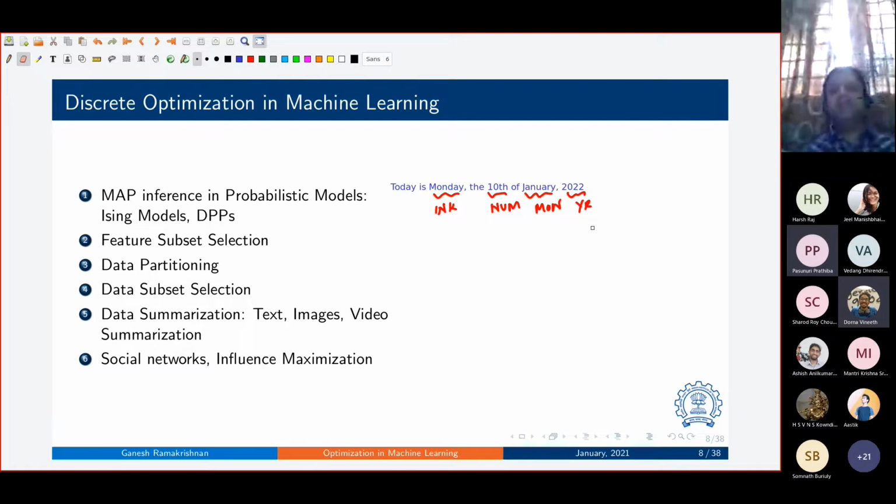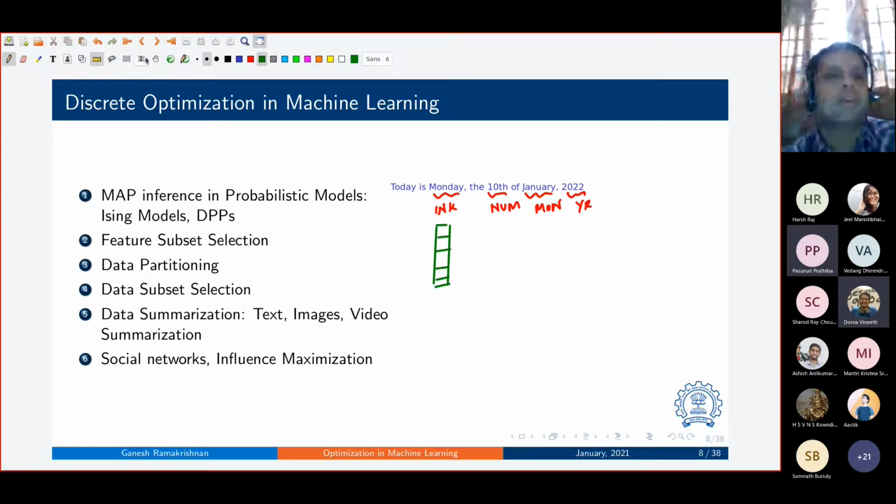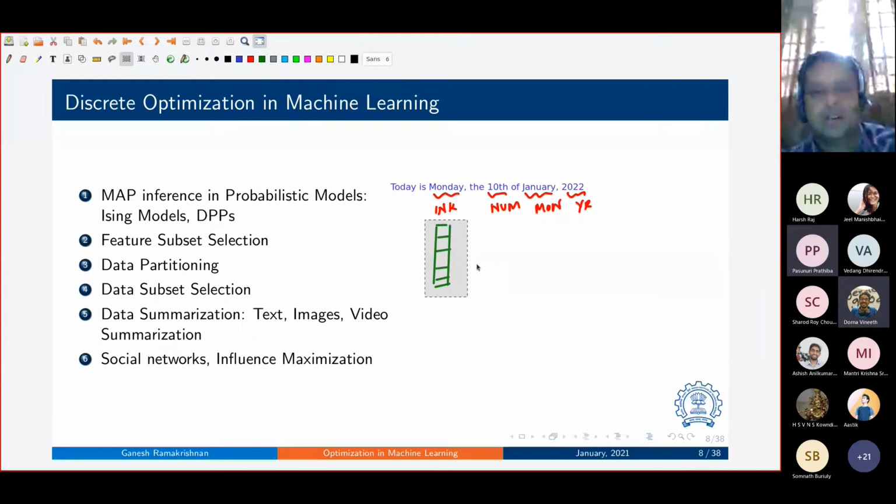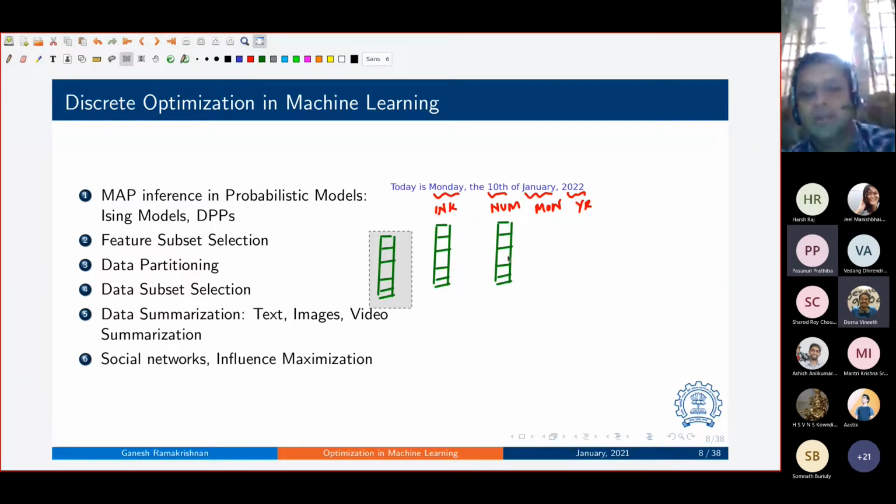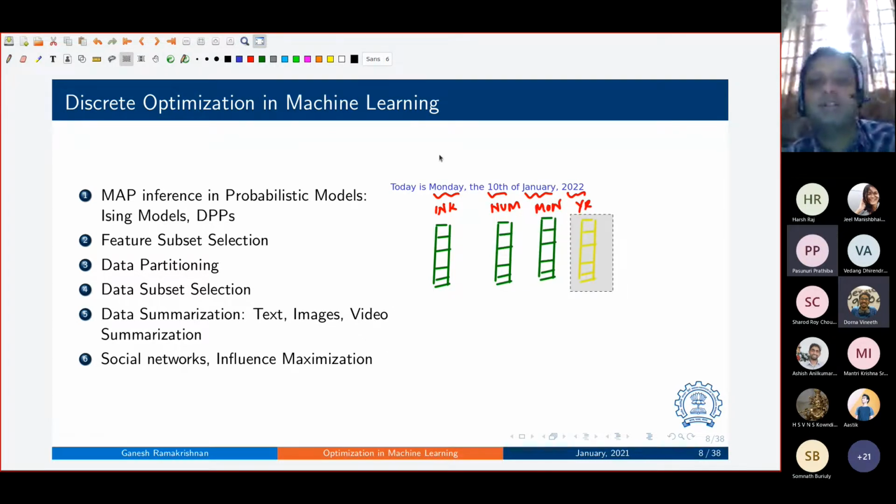And what we are trying to determine here is, given the sequence, the most probable tag sequence. You may even be interested in extracting the date from this sentence. So the overall problem is basically assignment of labels. Here you have a large possible set of candidates, and you want to select from this set the most appropriate one.